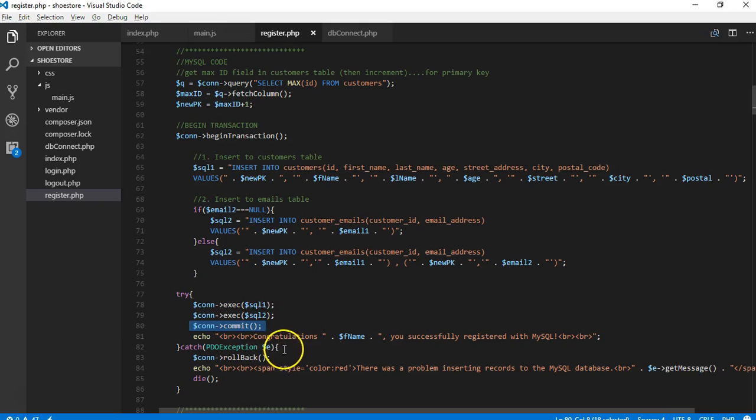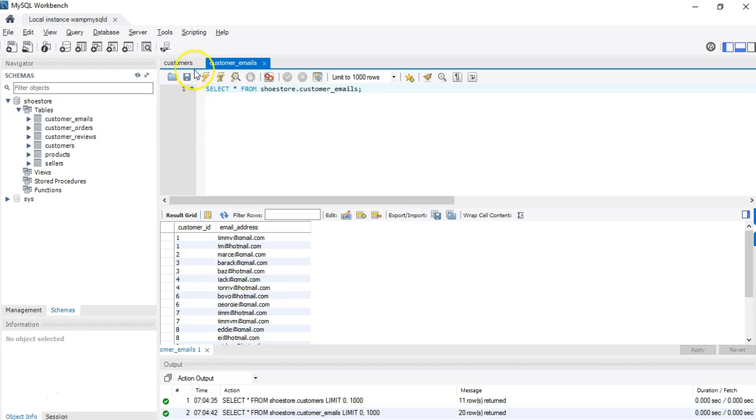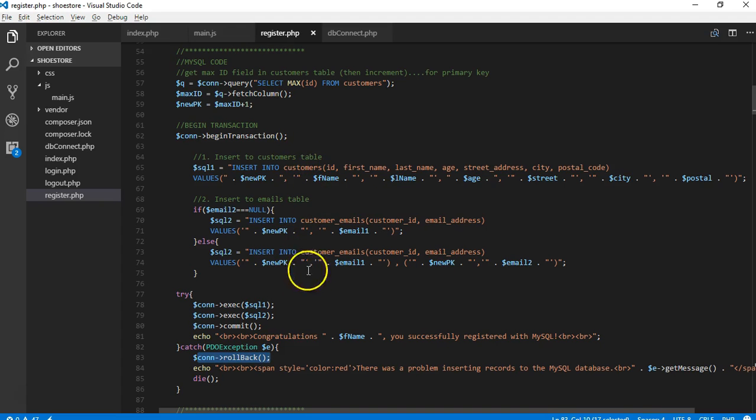If there's any kind of exception with either of the 2 inserts, then I'm going to catch it and I'm going to roll back. So that means neither of these 2 tables would have been populated, which is what we want, because at least then we have consistency and our database fits in with the ACID compliance that we look for with relational databases. And of course I would also communicate back to the user there was an issue,